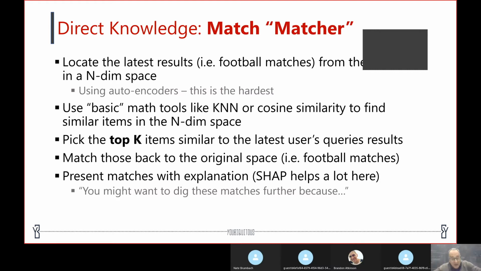And then finally, the hardest task is presenting those selected matches with a clear justification to the user, with a sentence like, you might want to dig these matches further because they are related to the latest research because of this and that. And this is the point where explainability and SHAP, that we are working with, for example,